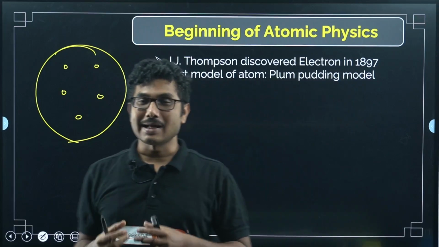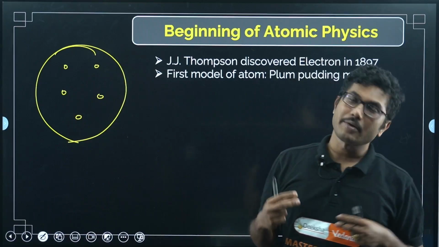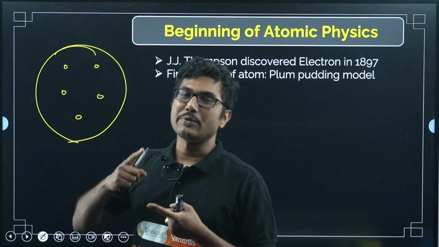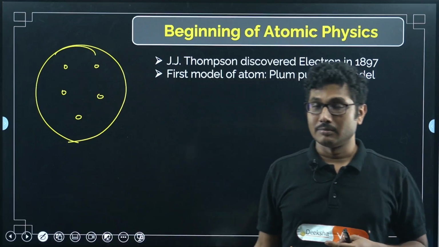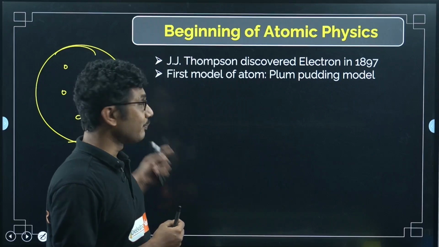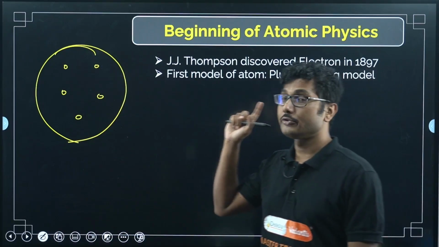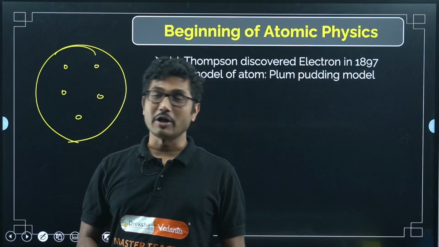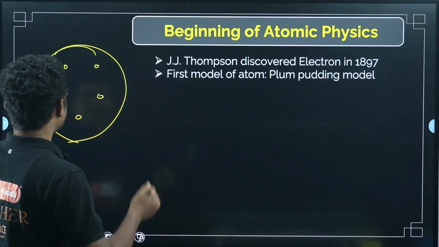So he said the atom is basically solid, because the concept of the atom was already there. The concept of the atom was there in Indian philosophy, and it was there in Western philosophy as well. Even if you remember, Dalton gave the first atomic theory, according to which the atom is a solid particle. According to J.J. Thomson, the atom is solid, and since the atom is electrically neutral, whatever electrons are there,